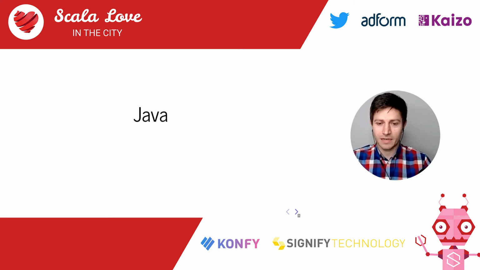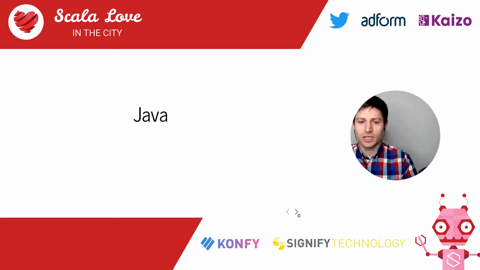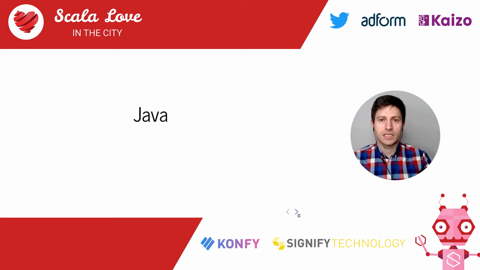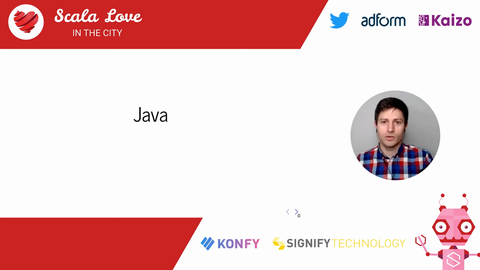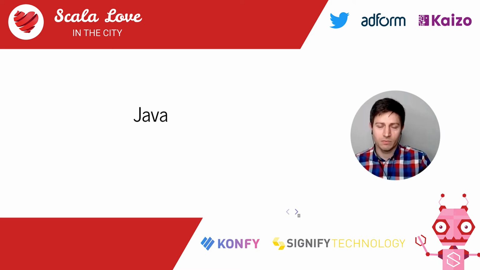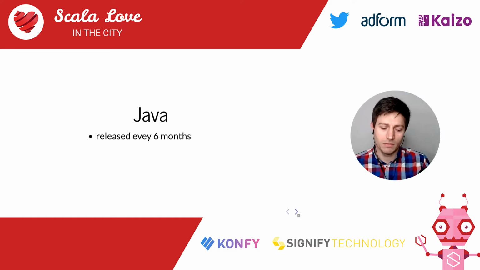So Java, what is actually now happening to Java? Because I assume, let's say, that you're still running Java 8 in production, or you compiled to Java 8, and you might not be familiar with what happened since then. What happened is that Java is now released every 6 months. So a big release, a major version, is released every 6 months, once in March. So in March, we're going to see Java 16. And then in September, we're going to see Java 17. And so the story goes, pretty much like Ubuntu or other stuff.